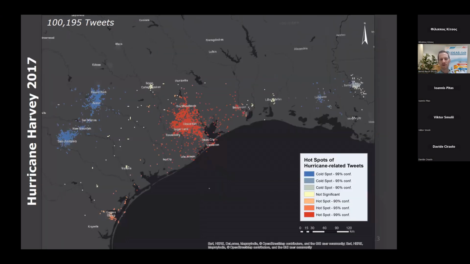Let's see how this transfers to another one, which is a hurricane use case. In this case, basically the same methodology or very similar methodology. Again, our algorithm says Houston, Beaumont here, and the coastal areas are flooded. San Antonio here and Austin are not flooded after or as a result of the hurricane. Now, if we overlay this in green here with remote sensing based information, we see the delineated flood areas in the remote sensing imagery